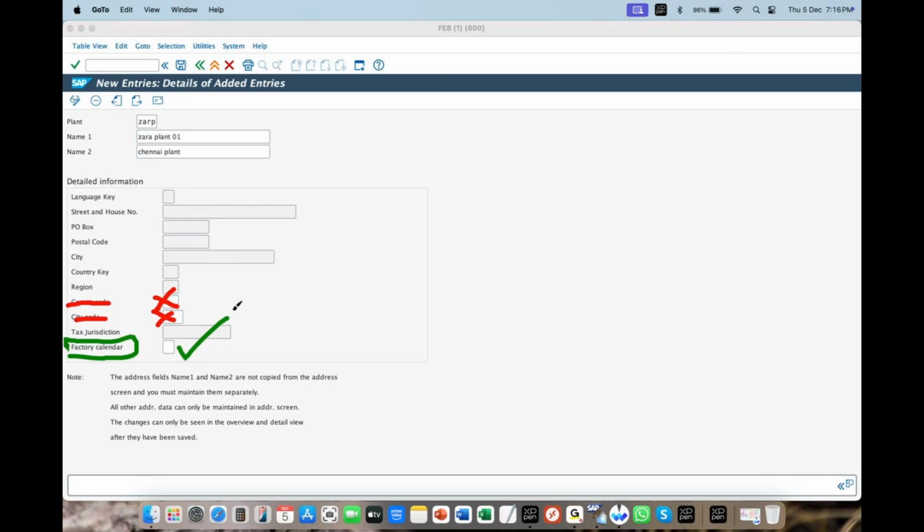So how the working days and non-working days, working time and non-working time are understood by the system is based upon the factory calendar. That's the reason it's very important. The factory calendar is the source which makes the system understand the company's working and non-working days.